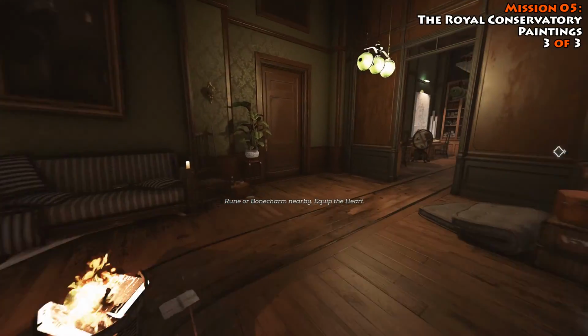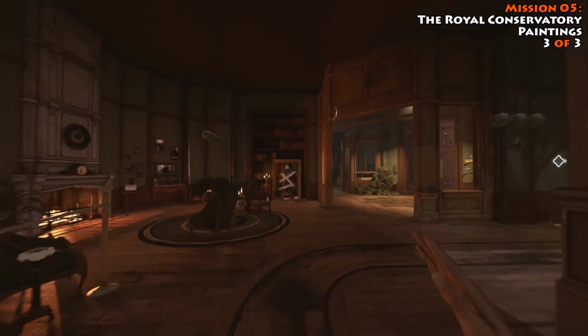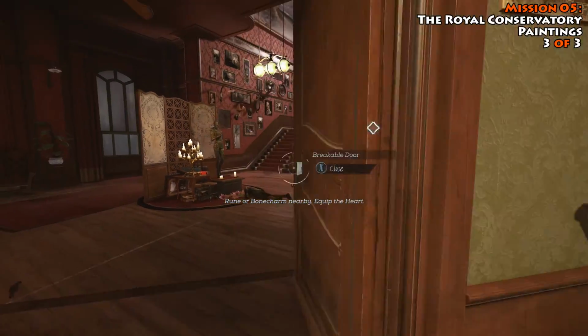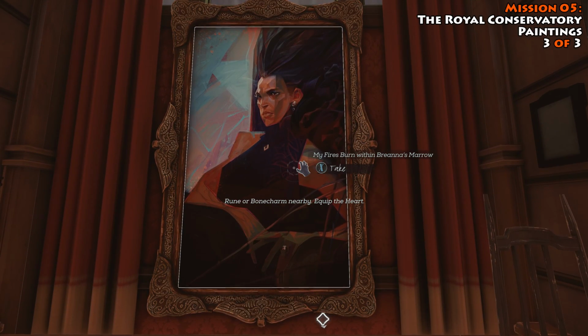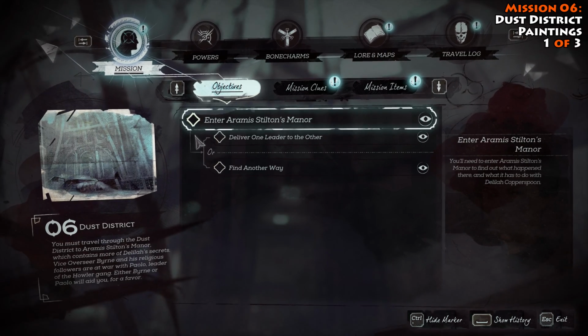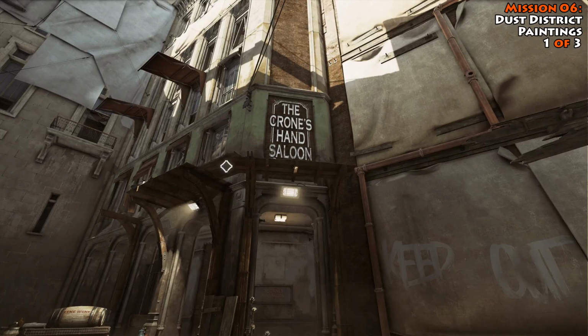We're going to make our way around to the left, head towards this defaced painting. And when you get to it, make a right, and you're going to find her office right here. Inside, past the statue of Delilah, up the stairs, on this back window, you're going to find your 3rd and final painting for this mission. Our next 3 paintings can be found when you're on Mission 6, the Dust District. So, when you get out here, you are going to be...